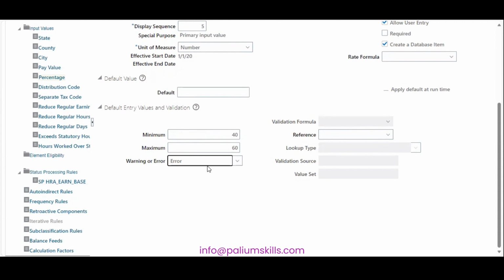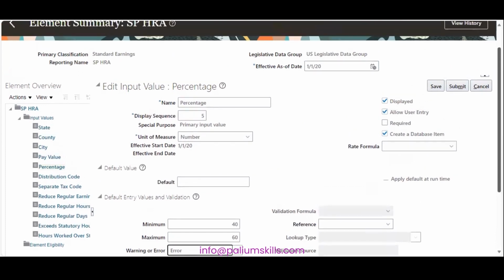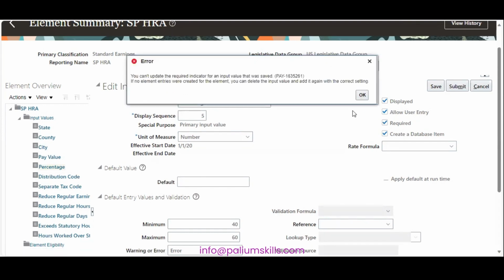It can be a warning also. If you want it as a warning, in that case, they will just proceed. They will allow you to enter other values also. It depends on the client scenario, what they want. You can also make it required so that it is mandatory. In case you don't want it to display, you can switch off the display also. Let's make it required. If you don't want them to enter the value, you can disallow user value. Or the other thing that we often do is,